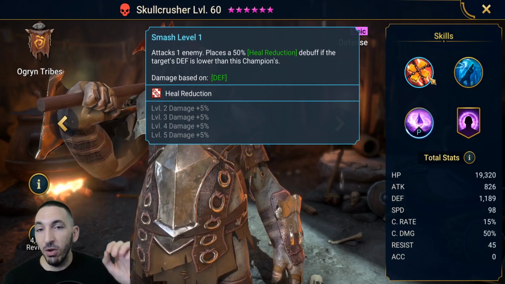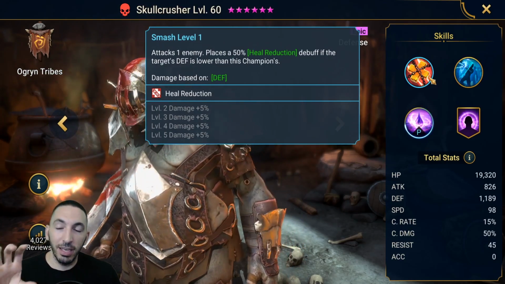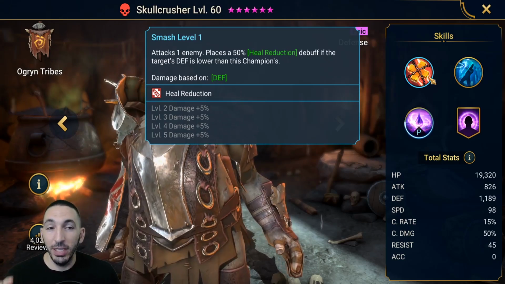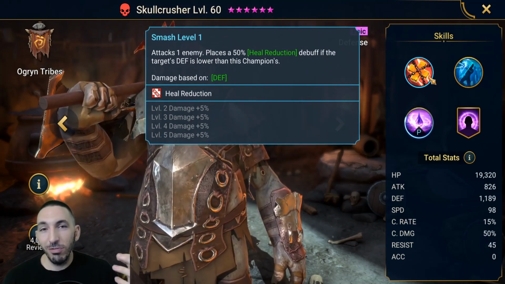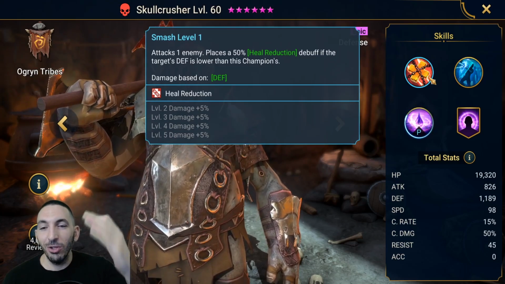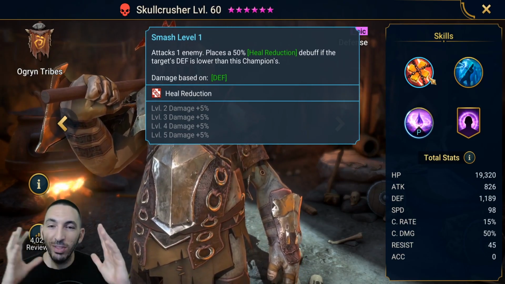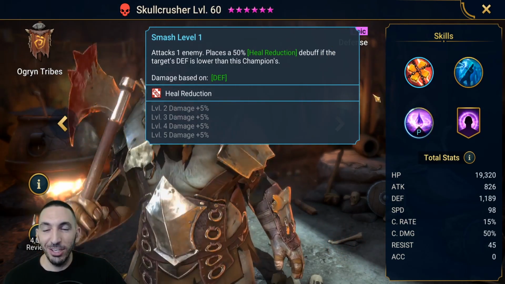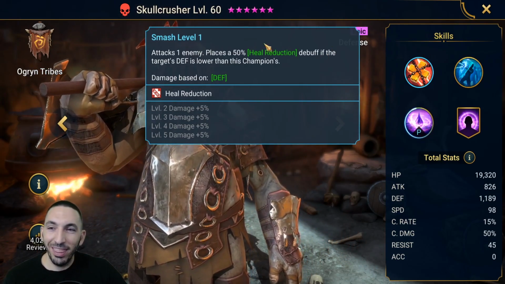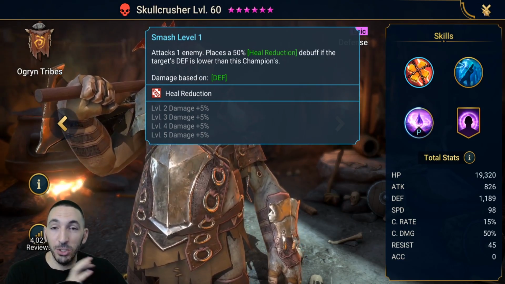And not only that, he also has a 50% heal reduction debuff that can be applied by Skullcrusher when he uses his A1. Of course, you'll need to get some accuracy on him. I do not advise having accuracy on Skullcrusher because you'll also be using him for the clan boss. But for Fire Knight, if you're having issues with Fire Knight, just put some accuracy so you can land that heal reduction debuff on the boss with Skullcrusher, and it will help because that boss heals depending on how much damage he does